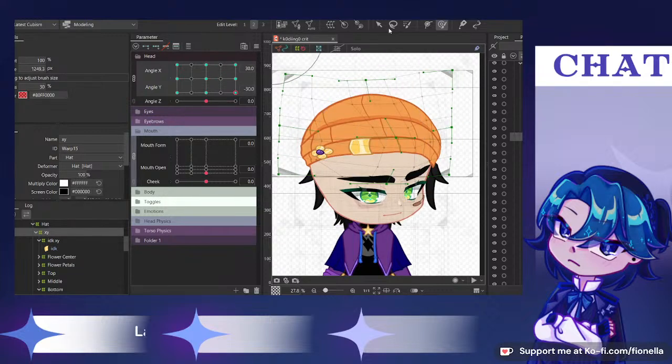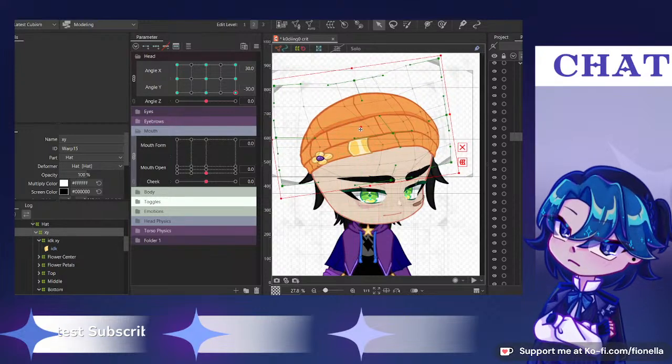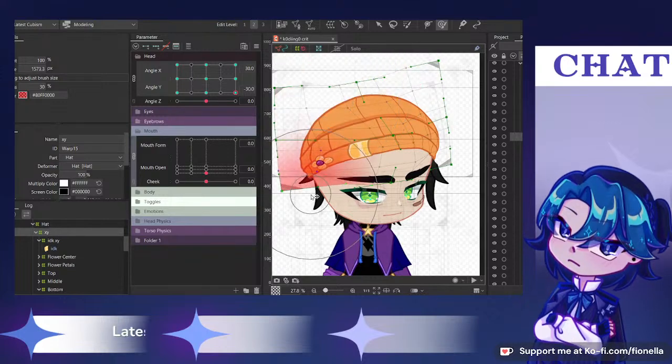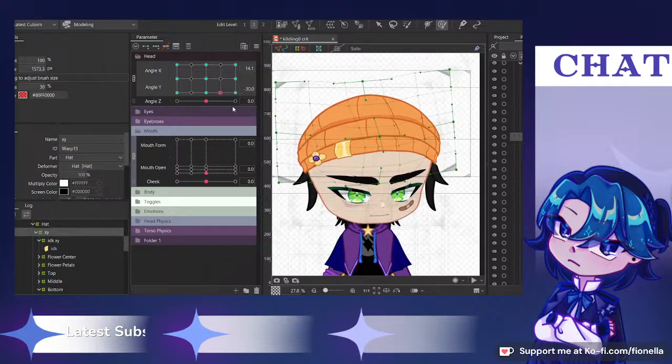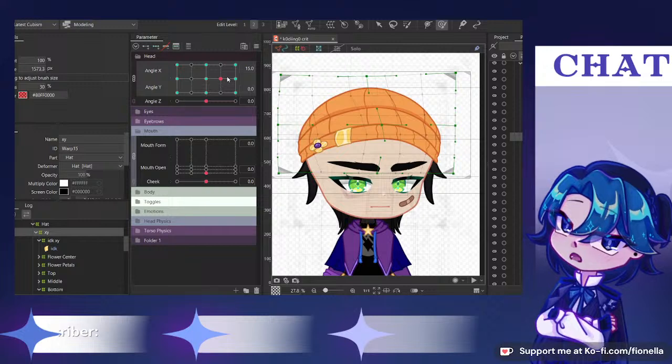The main thing with rigging is just making sure everything matches like a 3D model imagination of it. Really want things to be moving together because if it...